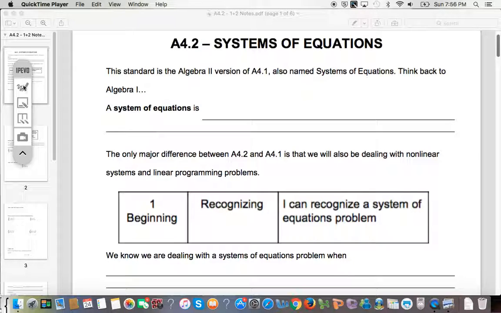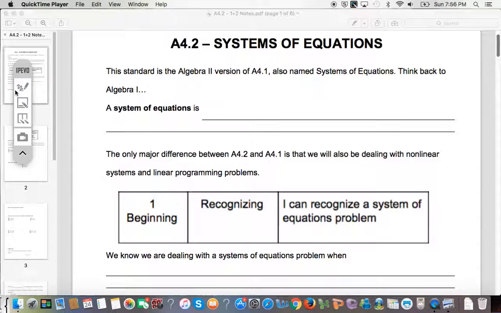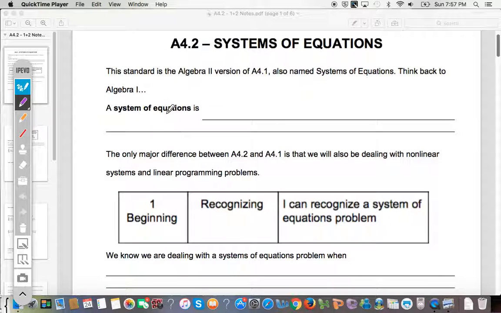This is Biddeford High School Graduation Standard A4.2 Systems of Equations. And for this standard, it should be somewhat of a review of the Algebra 1 version of A4.1, which is also named Systems of Equations. Okay? So if we think back to Algebra 1, a system of equations is